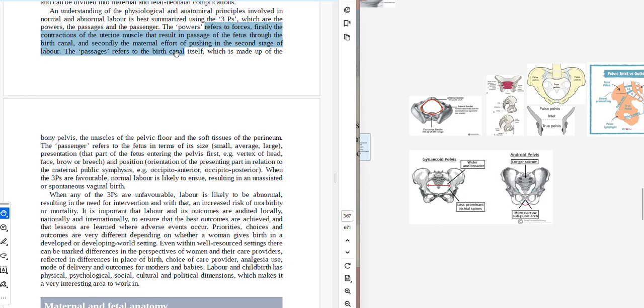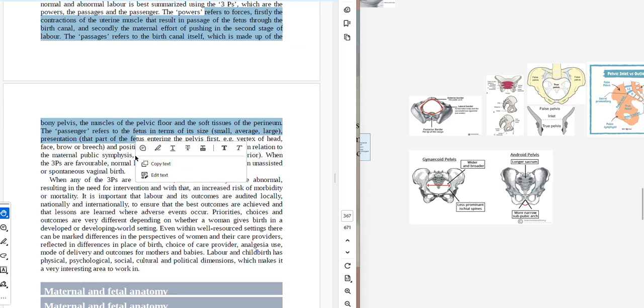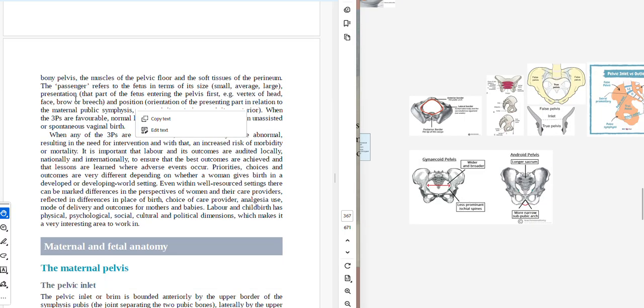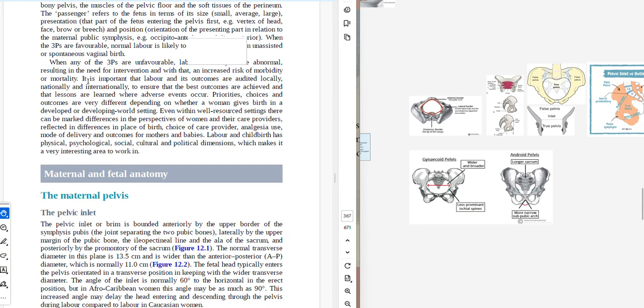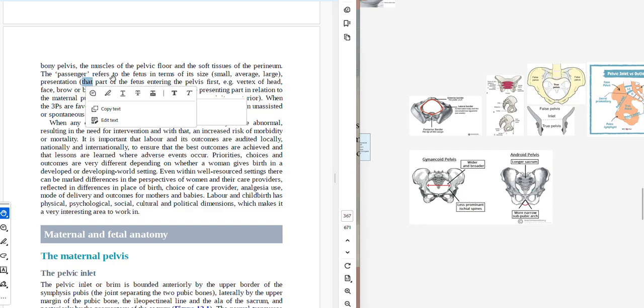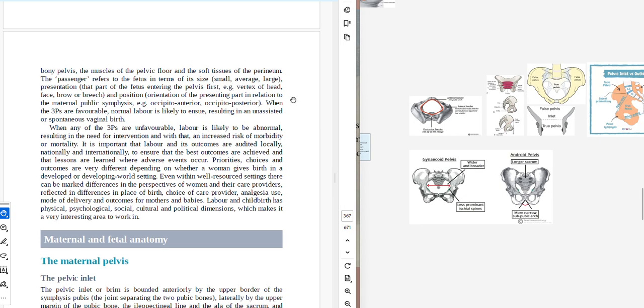The passage refers to the birth canal itself, which is made up of the bony pelvis, the muscles of the pelvic floor, and the soft tissues of the perineum. The passenger refers to the fetus in terms of its size: small, average, large; presentation, which is basically that part of the fetus entering the pelvis first, for example the vertex of the head, the face, the brow, or breech; and position, the orientation of the presenting part in relation to the maternal pubic symphysis,